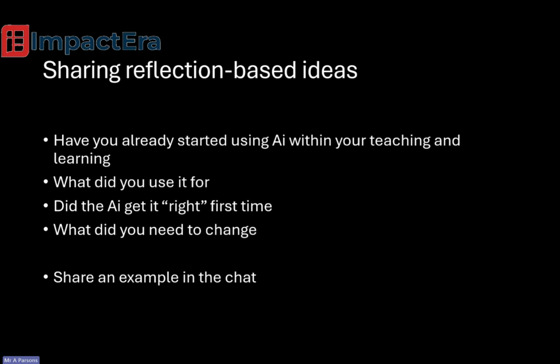So you could use AI to mark the work, but you've then got to go through and mark it yourself to check that the AI was right. So you're sort of moderating the AI. So effectively, they don't allow you to use AI to mark it, because you've still got to do it yourself. But it could give you an idea.